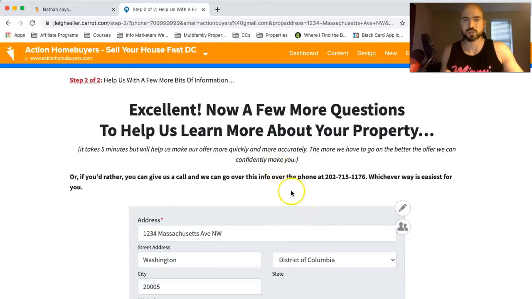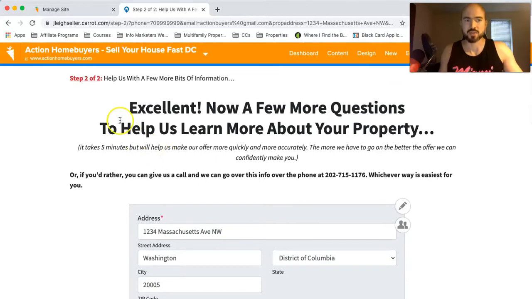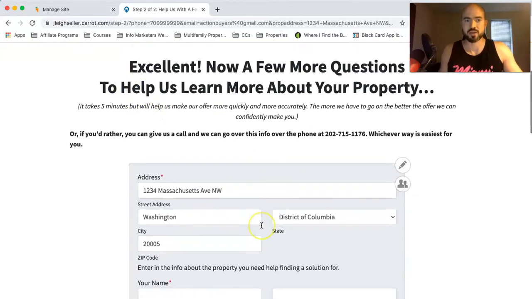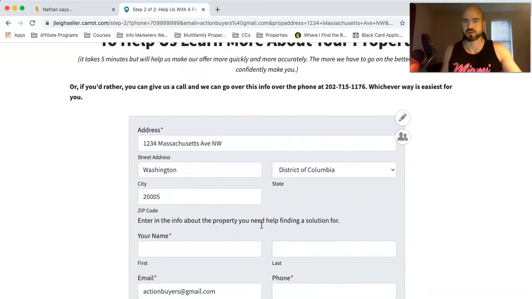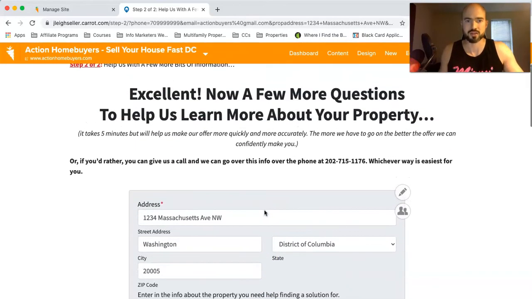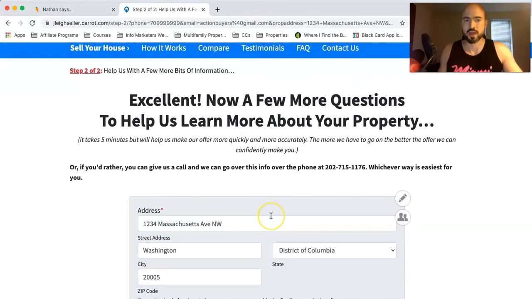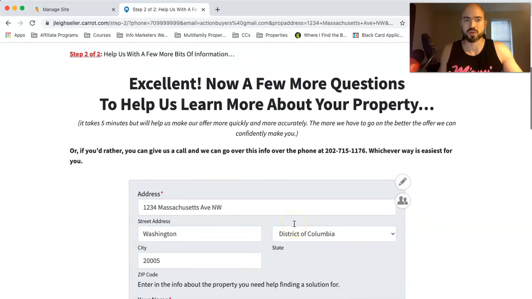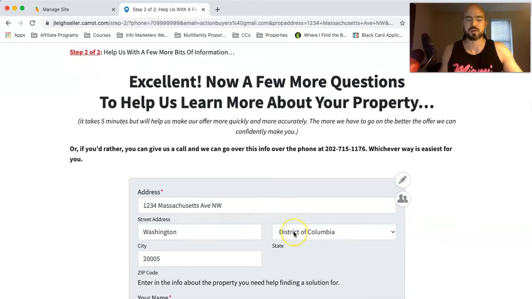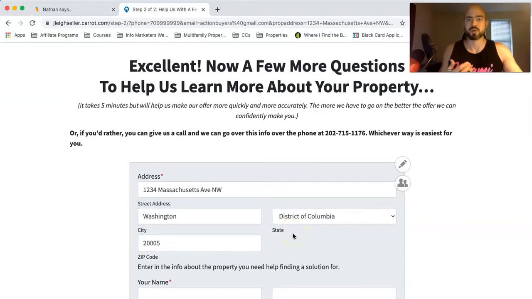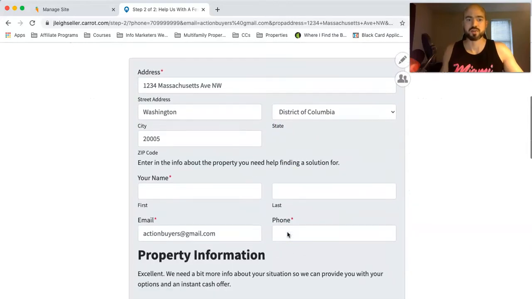And actually what's really good about this website, the reason that the leads from here are so high quality, is I've noticed that almost all of the properties that I've purchased have come from a Carrot site. And what happens is it's a double opt-in. So I've already put in my contact information, but now they ask for it again, which is kind of weird. You're like, why would someone ask for your contact information twice? Well, it's an internet marketing principle. It's more of a commitment from the seller. So if you get a lead and they've put it in twice, they're really serious about selling their